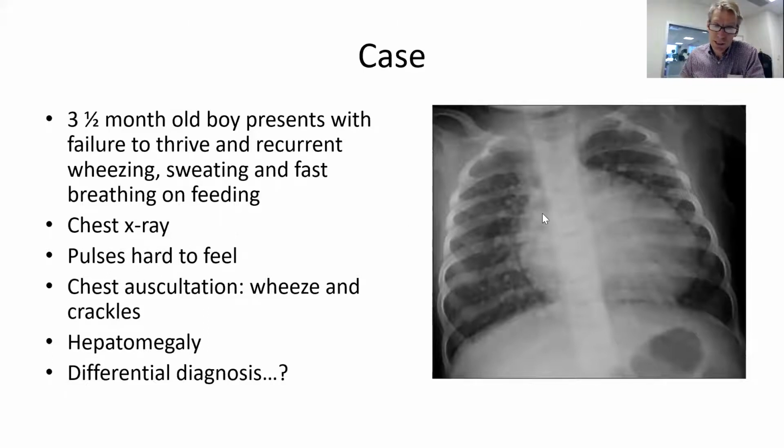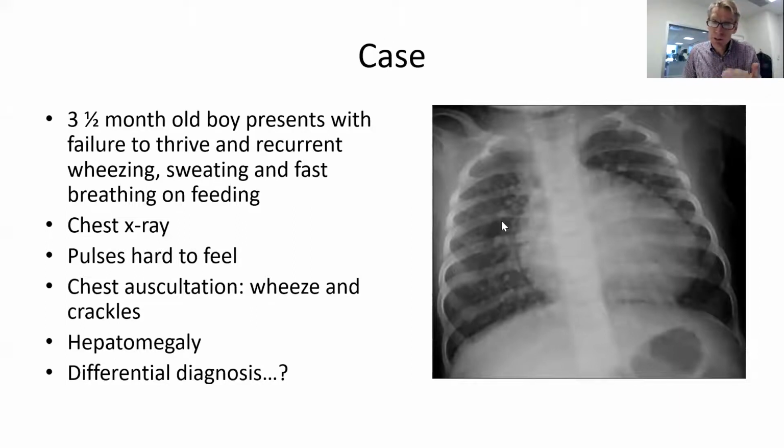On the chest X-ray, we talked about this last week, you can see how the heart is bigger and the lung fields look congested, don't they? They look plethoric, as in it looks like there's more blood in the lungs than there usually is. Now, some people might look at this,